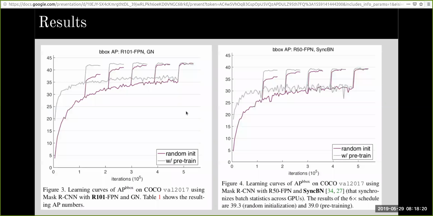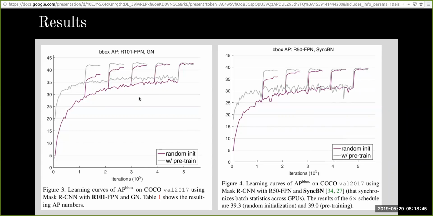As we can see in the plot here, the plot on the left was trained with ResNet 101, and the normalization used in this experiment was group normalization, whereas the plot on the right shows results for Mask RCNN with ResNet 50 and synchronized batch normalization.